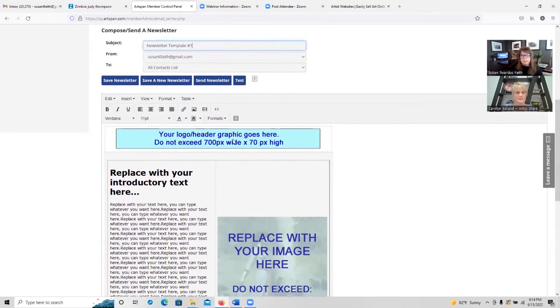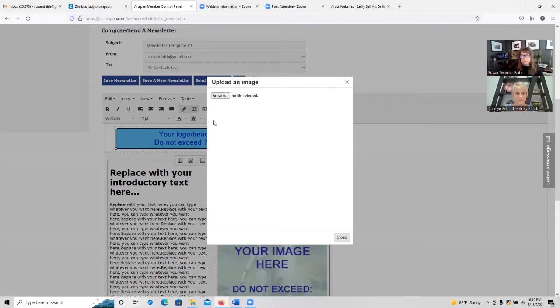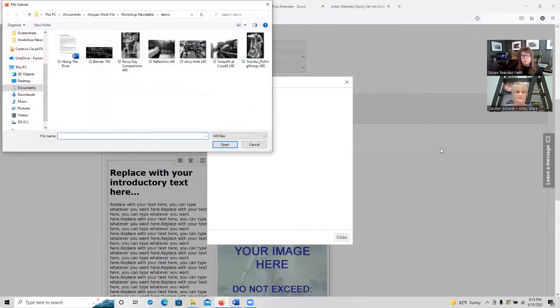So I'm going to begin by putting in the logo. Now I've highlighted the logo area and I'm going to go up here to the icon where it says to insert image. This box will open up and there's a little icon here, which is to search your files. So I can now browse my computer and it's bringing up the file that I've already created for this newsletter that I want to make. I have my text already printed out and spell checked. I have all my images sized.